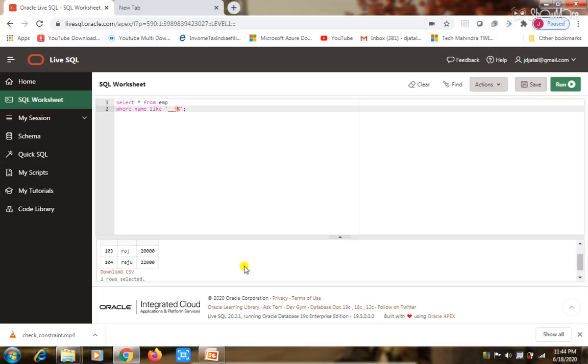Raj and Raju's records will be displayed. See here, Raj and Raju's records are displayed, where the J character is at the third position in the name. Okay students, understood? Now I am stopping here.